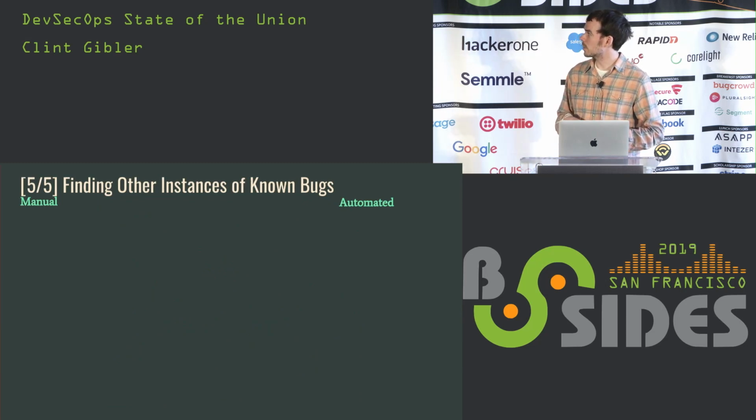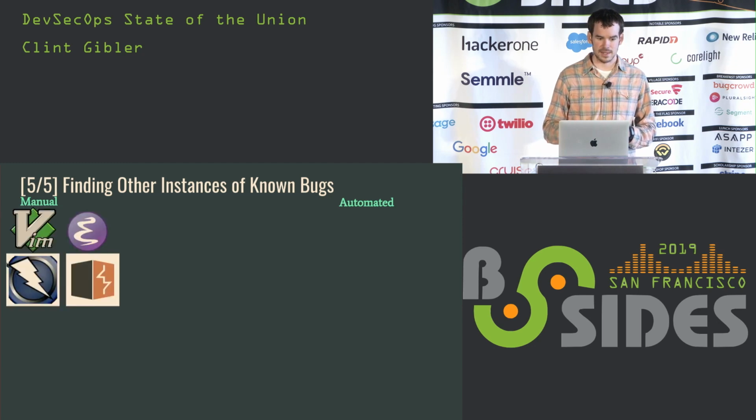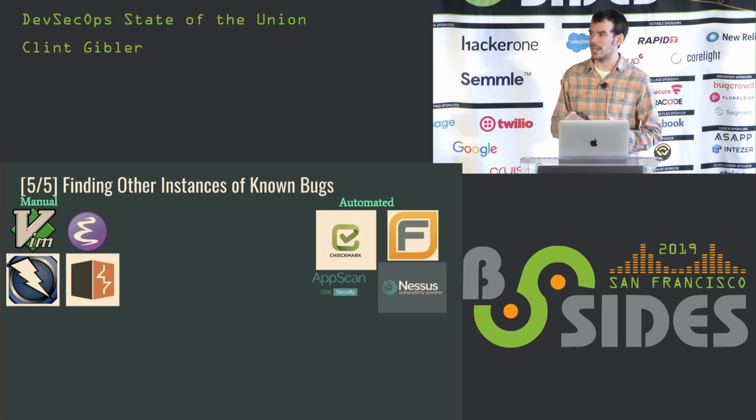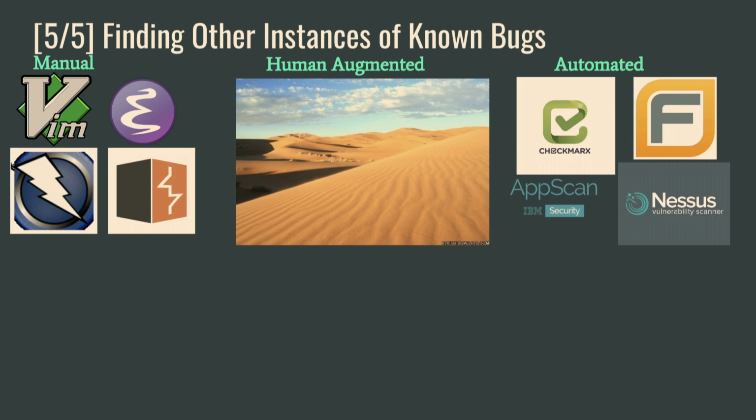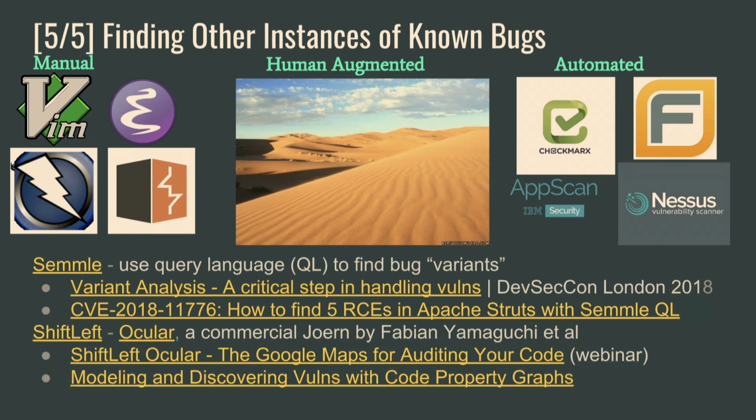OK, so last one in this. One thing that I think is interesting is, coming from a pen testing background and manually finding bugs, you're using an IDE or perhaps a proxy like Burp or Zap. And then on the other end of the spectrum, you have some commercial static and dynamic analysis tools that are trying to black box solve all your problems. But what I think is interesting is in the middle, the human augmented space. Historically, there was kind of this desert of sadness. But there's a couple of new players in this field that I think are interesting.